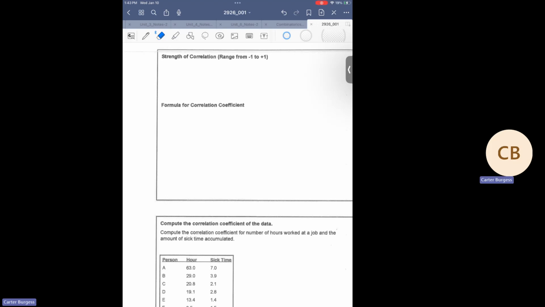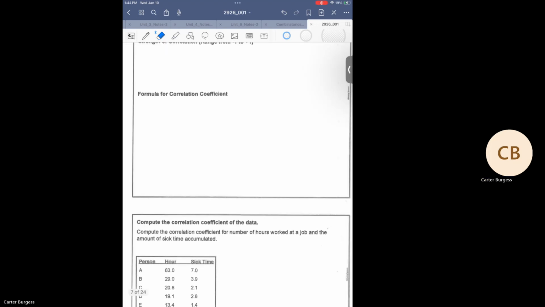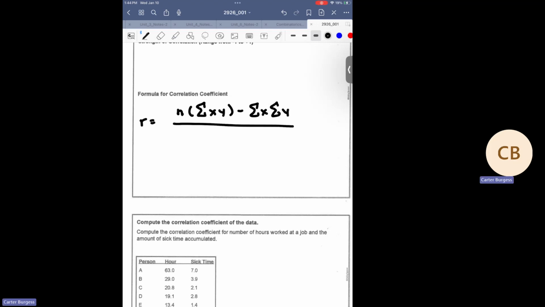Formula for our correlation coefficient. Apologies beforehand. R is equal to n times the sum of x times y minus the sum of x times the sum of y, all divided by